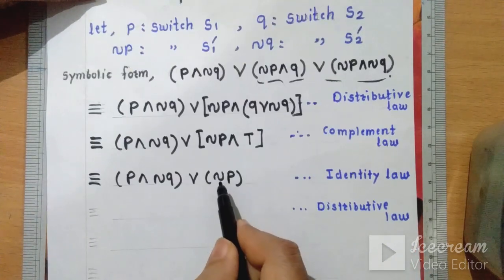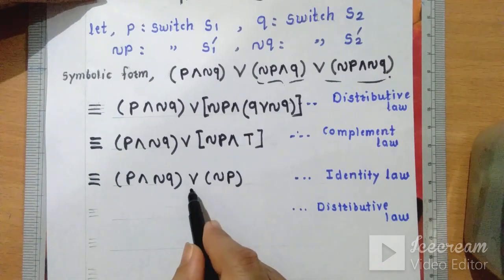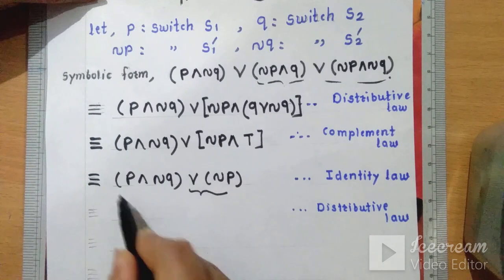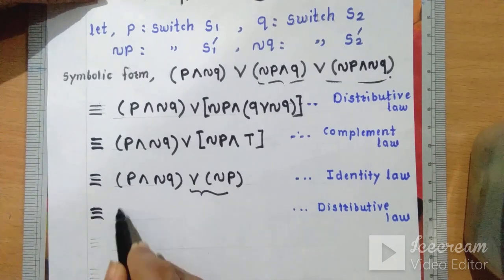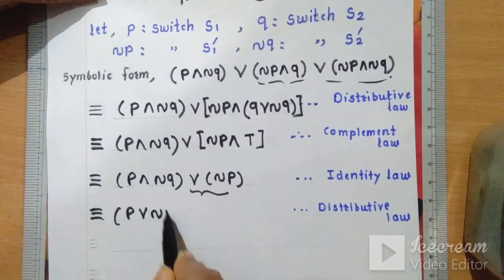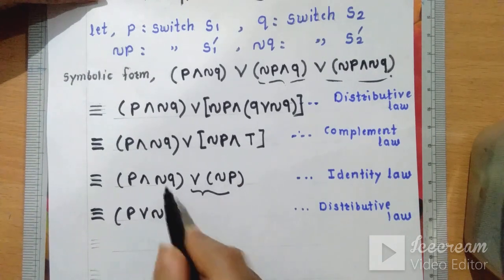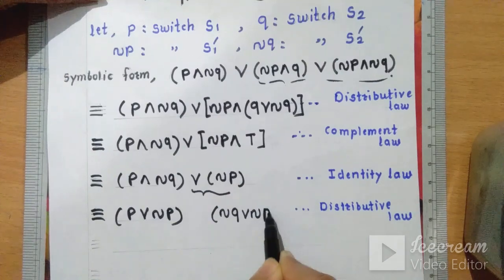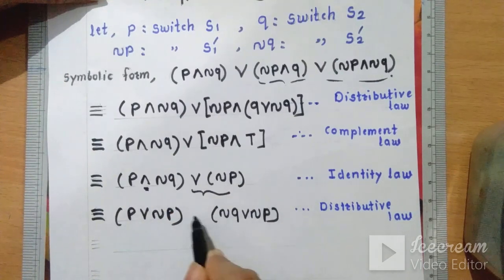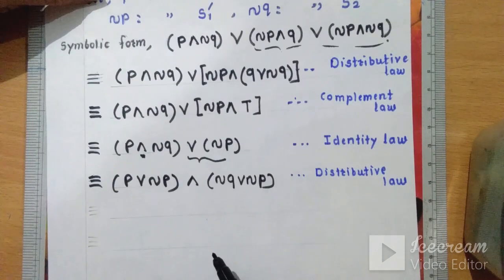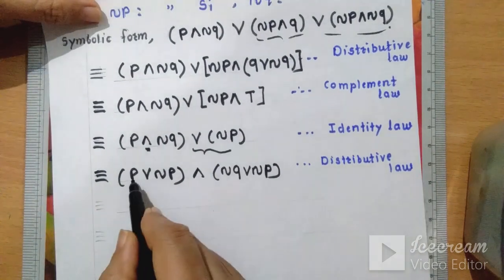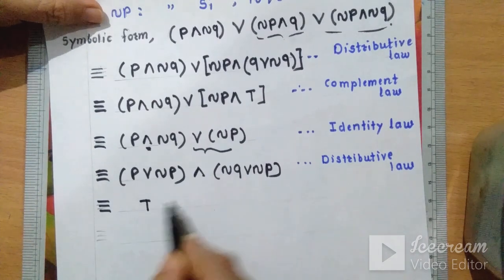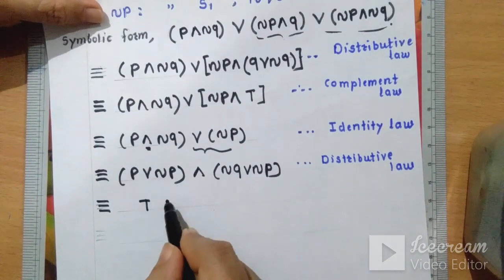Now again we will use distributive law. We will keep disjunction negation P common. We will attach this to P also. So I am writing here P disjunction negation P. We will attach this to negation Q also. Negation Q disjunction negation P, and write down conjunction symbol in between. This is distributive law. Now again P disjunction negation P, this is equivalent to T because disjunction means union, and